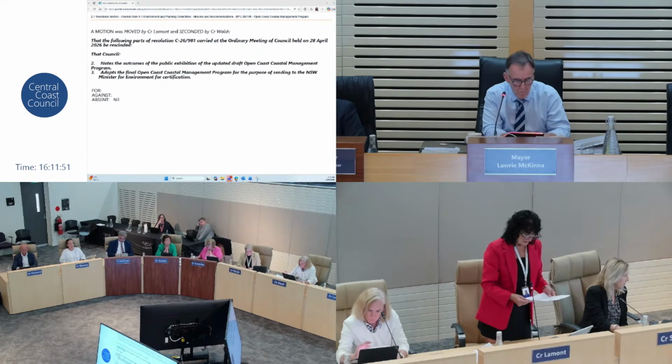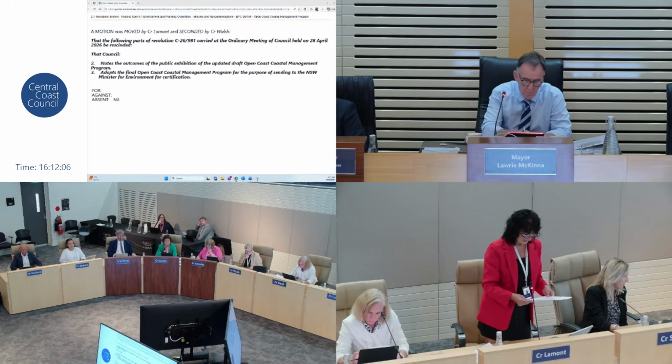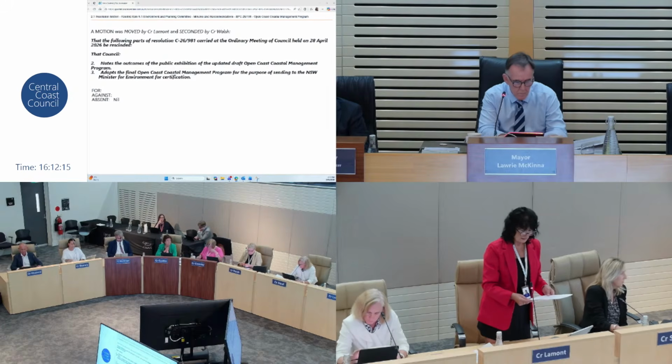We're being asked to rush through a document that will enable long-term coastal armouring works that already have been described by Council as medium to long-term, not emergency. And let me explain why this document's not the best and should not be certified in its current form. Firstly, it does not reflect what the community are asking. At Wamburrel Beach, around 63% of submissions opposed seawalls and coastal armouring, yet 80% wanted offshore sand nourishment. The only thing that we can be sure of with the CMP is that hard structure is coming to Wamburrel Beach regardless.